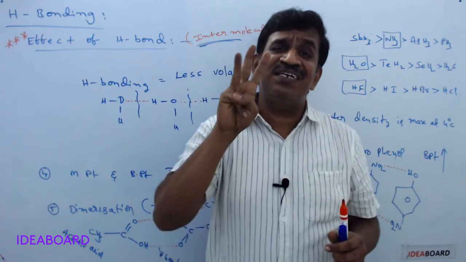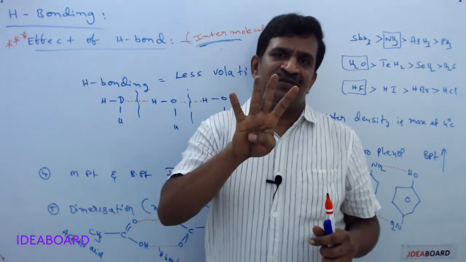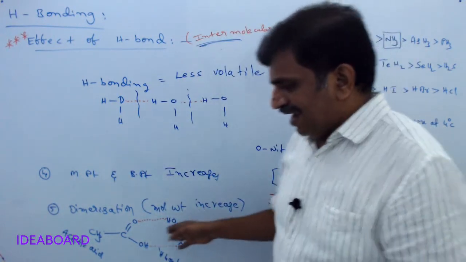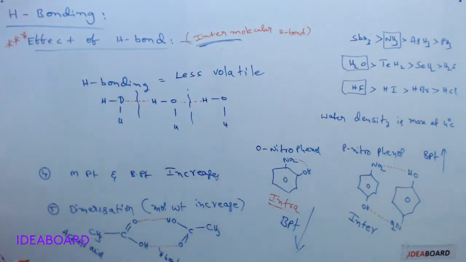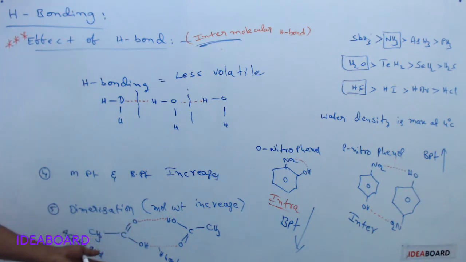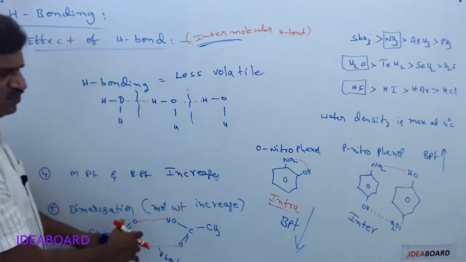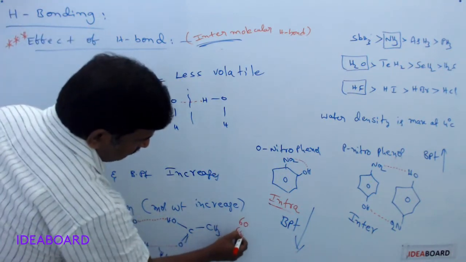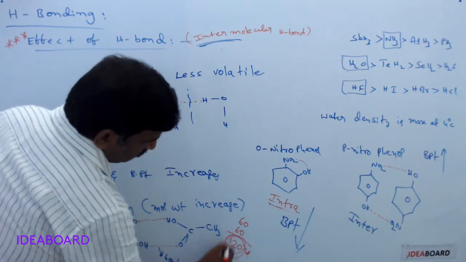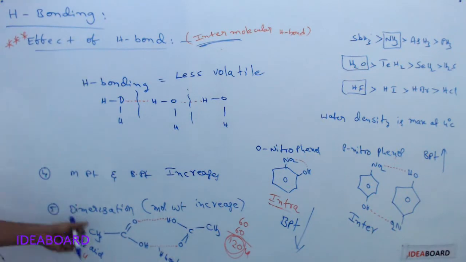If three molecules combine, trimer, four, tetramer, many, polymer. Like this, here two molecules are combining. Actually, the molecular weight of acetic acid is 60, 60 unified mass or 60 U. But after dimerization, how much will it become? After dimerization, two molecules are combining. So 60 plus 60, you will get 120 U. 120 U means double. So by dimerization, molecular weight increases.